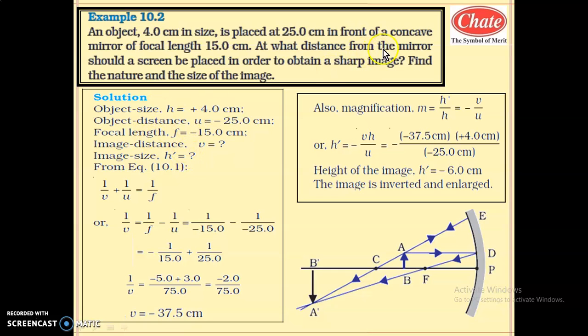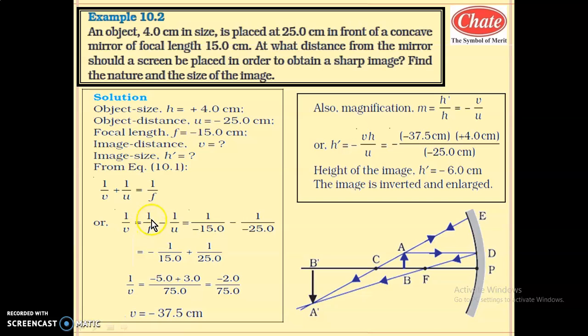So apply the mirror formula. See, in the problem here is the word mirror. Students, you have both types of problems: one is the case of mirrors and the other is lenses, which have slight variations. So whenever you see the word mirror, you have to apply the mirror formula. The mirror formula is 1 by V plus 1 by U equal to 1 by F. You can use this first formula and then the second formula. So 1 by V plus 1 by U equal to 1 by F. Here we want to find V.